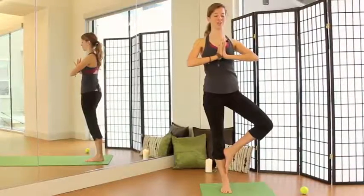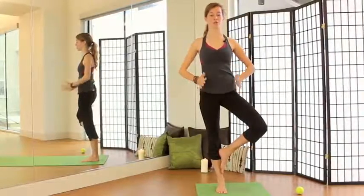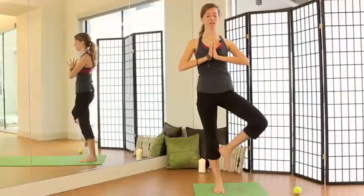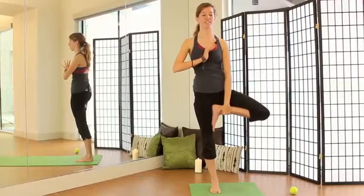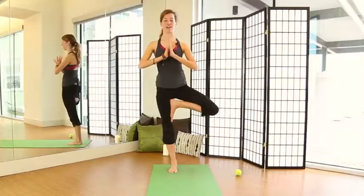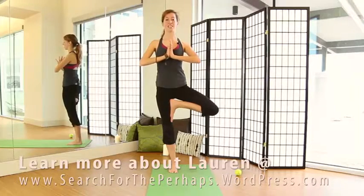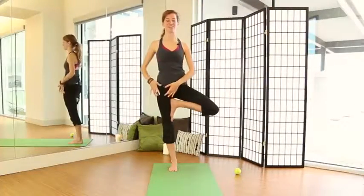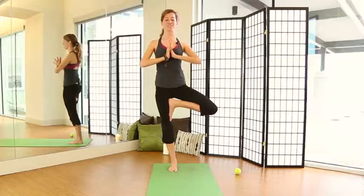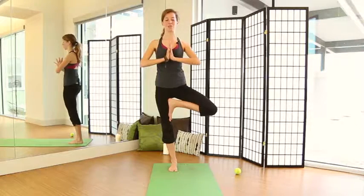Gently applying pressure with that left foot as we open the hip just a little bit, keeping the hips squared forward. And then maybe reaching down for those left toes and bringing the left toes into the right thigh. Again, being mindful that we're avoiding putting any pressure on the knee, as that can really damage our joints over time. We'll take two more deep breaths here to feel all these stabilizer muscles on the sides of the legs really strengthening and building up to supporting our bodies. We'll take one more deep breath in